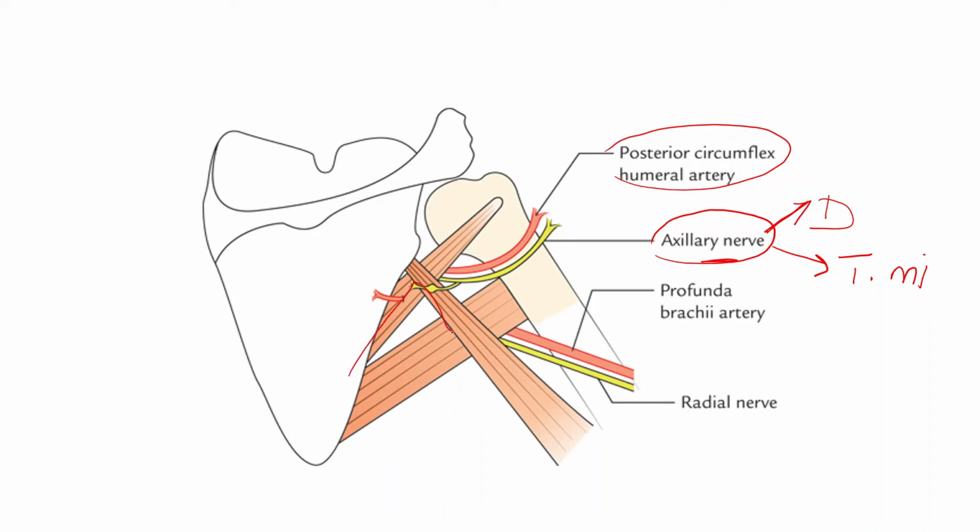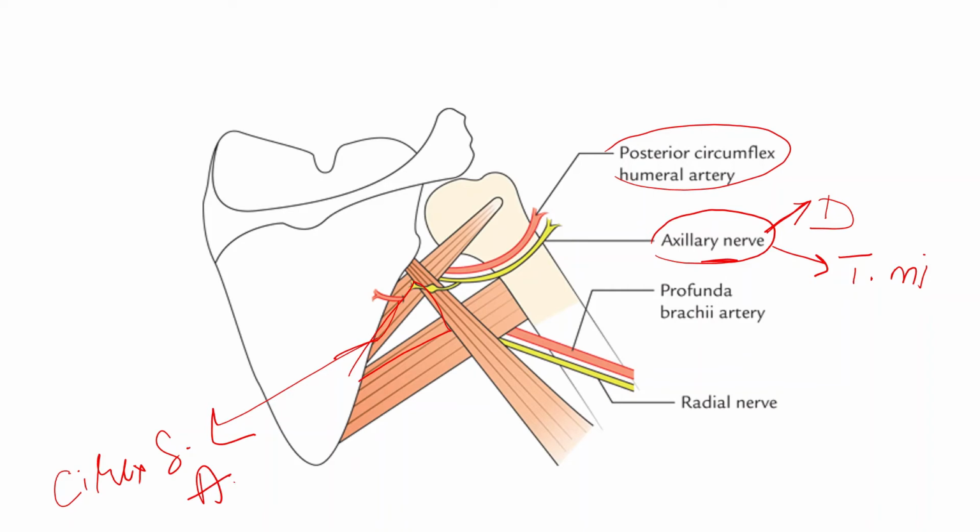Moving on to the content of this upper triangular space, the upper triangular space has got only one important content, which is seen here, the artery or the vessels, that is the circumflex scapular vessels. Yes, the circumflex scapular vessels or the artery make up the only and the important content of this upper triangular